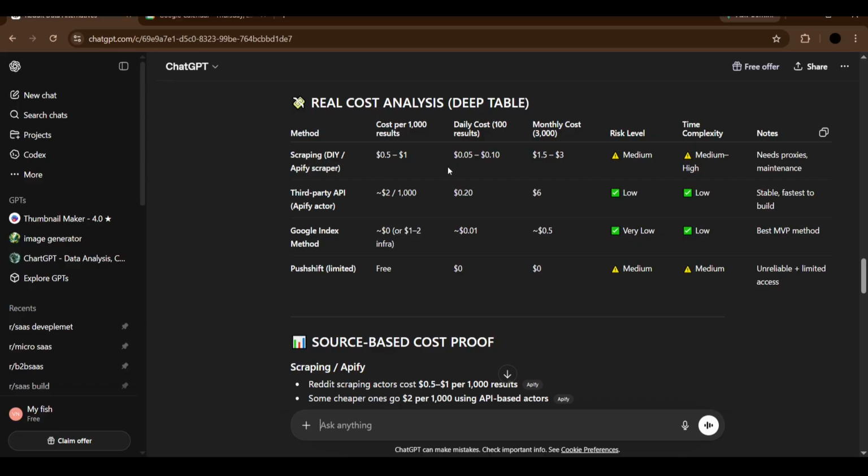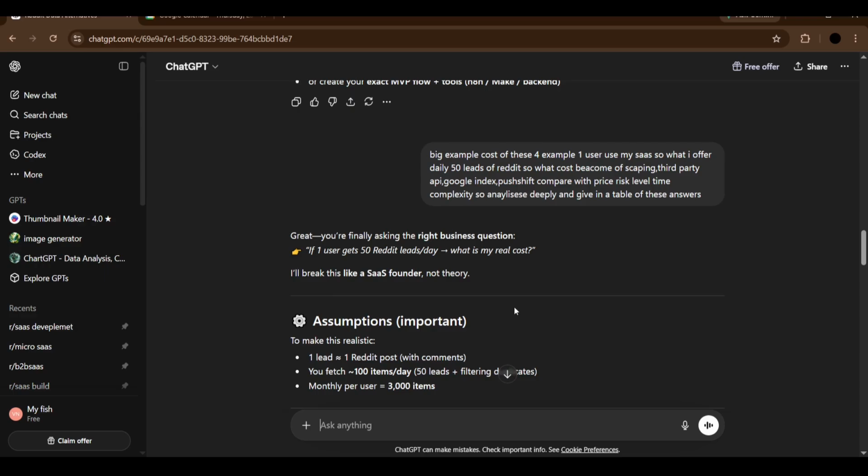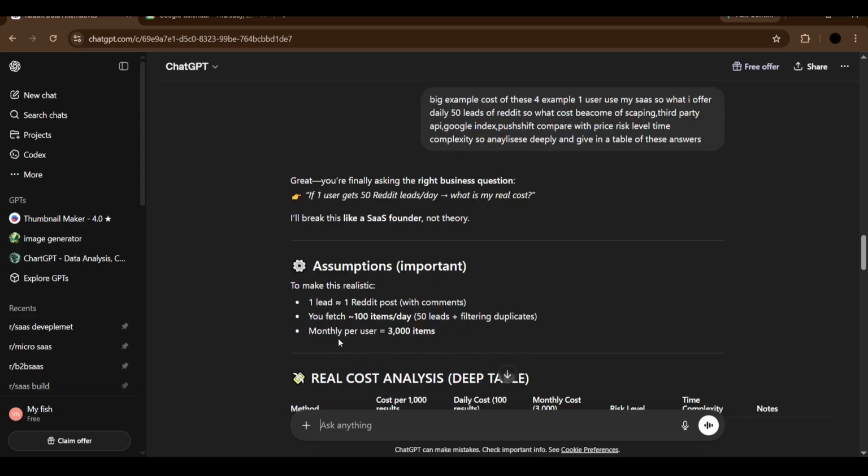Yeah, after that there is a cost comparison. So I wanted to analyze more about hosting and also how much it costs per lead to scrape, the complete basic things. We analyzed, if 100 items per day, meaning 100 leads, were scraped by the person, how much it would cost. That is a very important basic structure to use, so that's why I checked all these things.